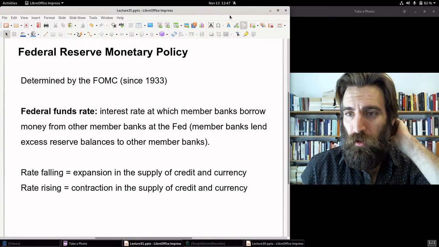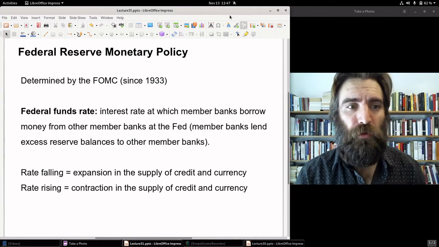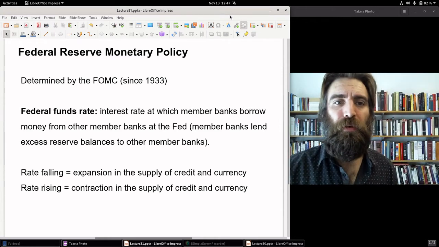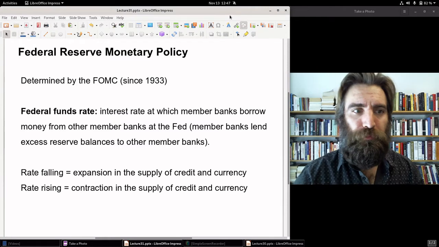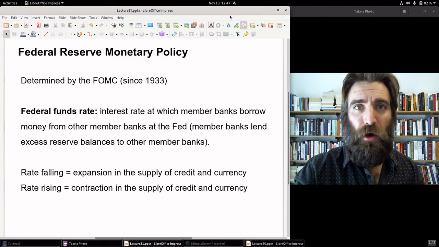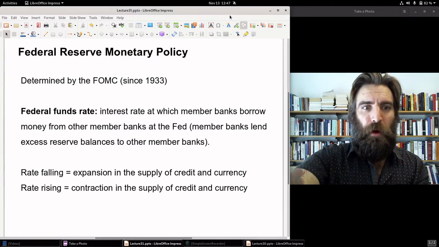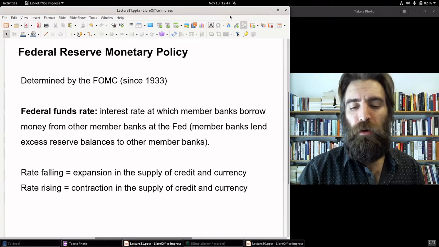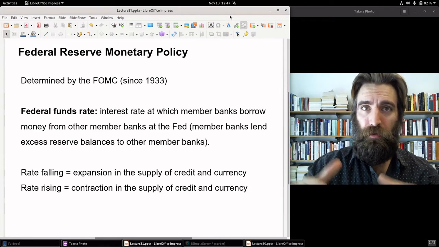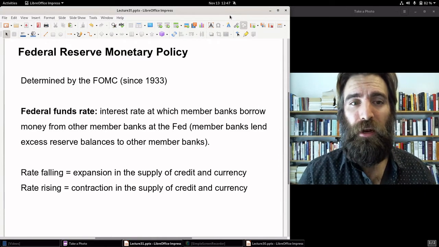Now, what is the federal funds rate, or the Fed funds rate? The federal funds rate is the interest rate at which member banks borrow money overnight from other member banks at the Fed